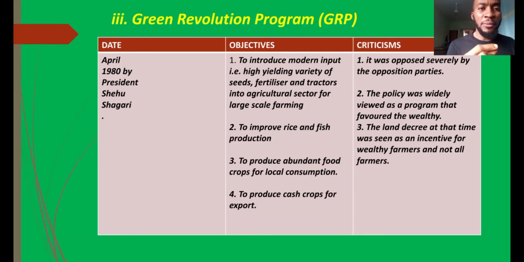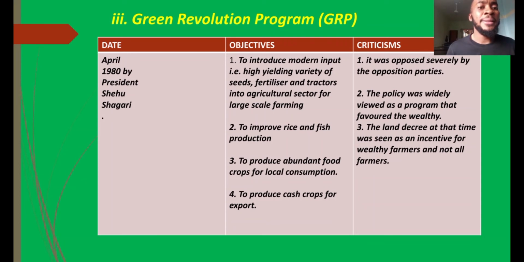Now, the Green Revolution Program changed the dimension. The dimension now is for what? Large-scale farming, and not the use of old methods of farming or old seeds. No, different kinds of seeds, different species that can grow fast and increase the harvest. Fertilizer and tractors were all made available by this program, in turn increasing the commercial section of agriculture.